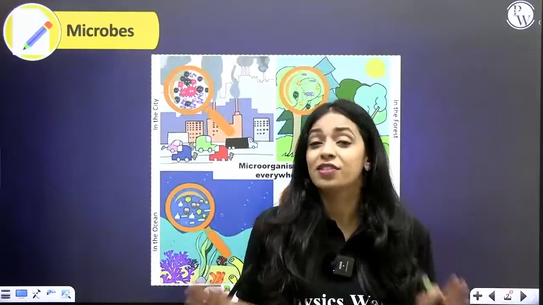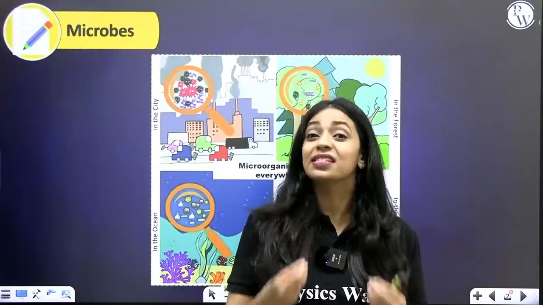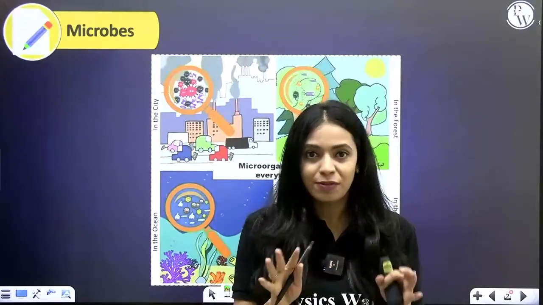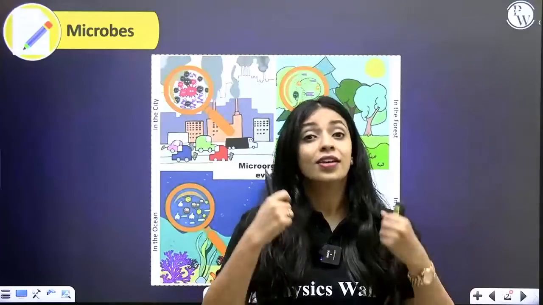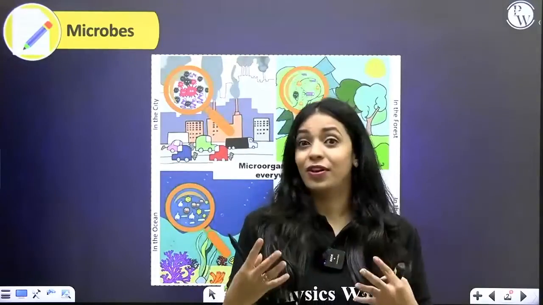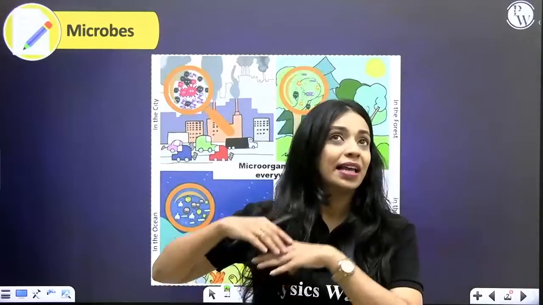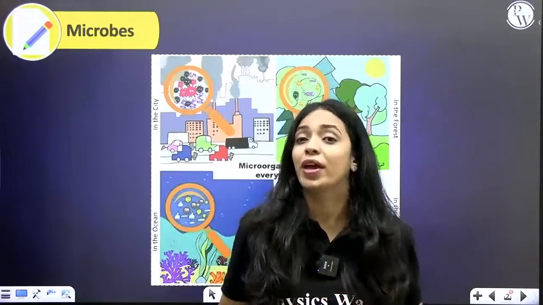Now let's talk about its distribution. Where do you think microbes are present? Microbes are present pretty much everywhere on this planet, because of which we say that its distribution is ubiquitous. It means it's found everywhere. You can find it on the land that we walk on, you can find it in the air around us, you can find them on our skin, you can find them within our bodies, you can find them in extremely cold temperatures, in snow, extremely hot temperatures, like in the hot water springs. They are present pretty much everywhere on this planet.